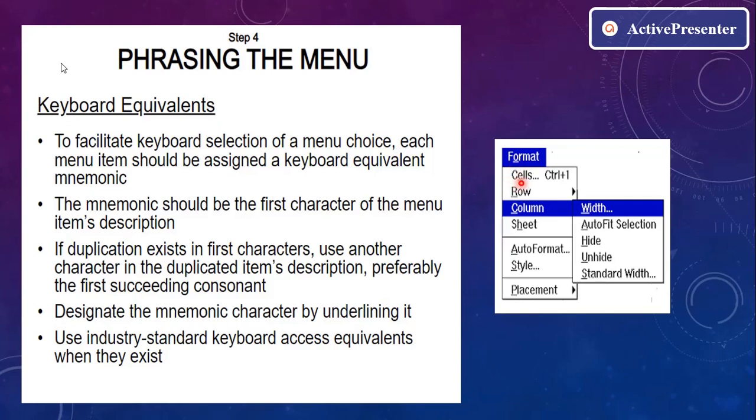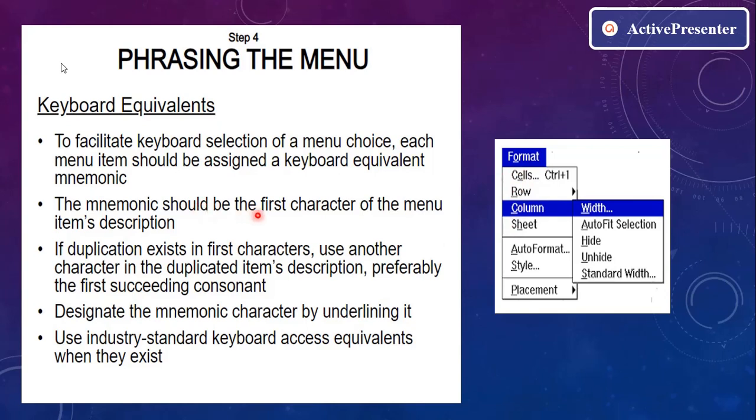And if you see here, C is present in this first choice as well as here. But we have already selected the mnemonic C for this particular choice. So in this case we are not going to underline C. We go for the next letter, that is E. E is selected here as a mnemonic. So that is about how you can choose a mnemonic.